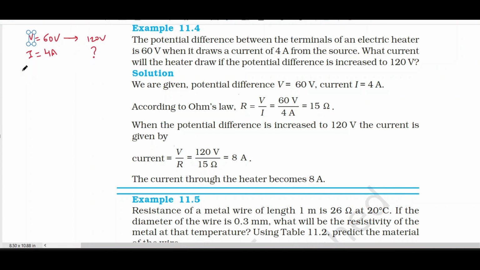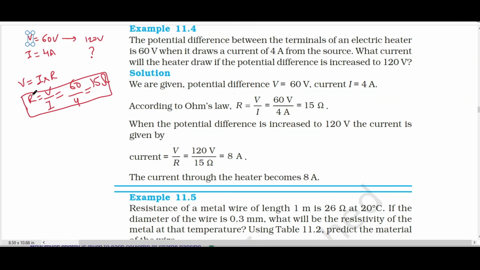तो पहले हम क्या करते हैं, टू फाइंड आउट हाउ मच करंट विल फ्लो वी नीड टू फाइंड आउट द रेजिस्टेंस। तो हमारा रेजिस्टेंस क्या है, कैसे आएगा? V = I into R. तो R कितना हो गया? V डिवाइडेड बाई I, ठीक है? और V हमारा कितना है? 60, और I कितना है? 4। तो हमारा रेजिस्टेंस कितना आ गया? 15 ohms. Now, you know that resistance is always constant. Okay, it is the constant of proportionality, right? तो ये हमेशा 15 ohms ही रहेगा।